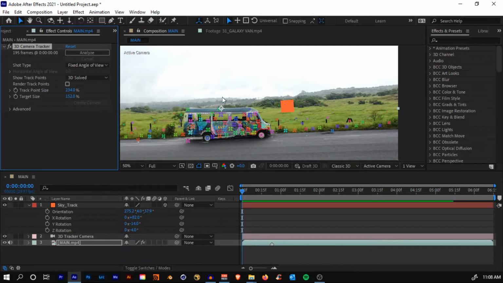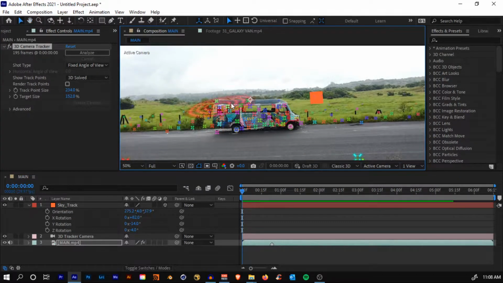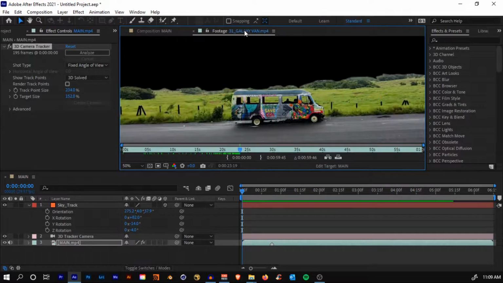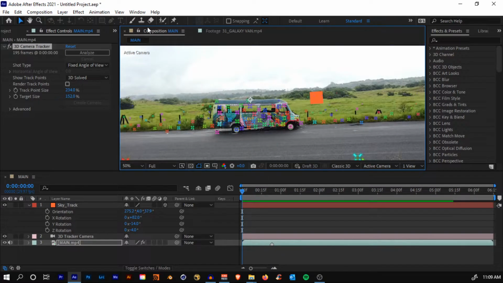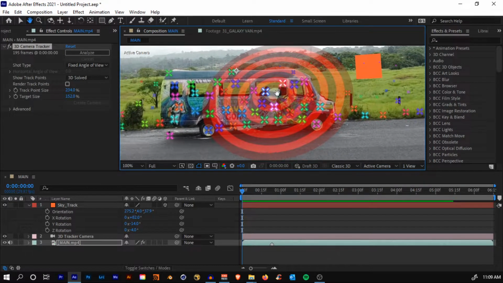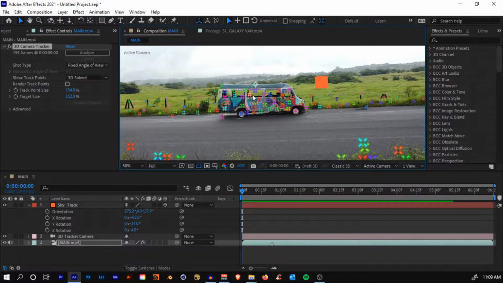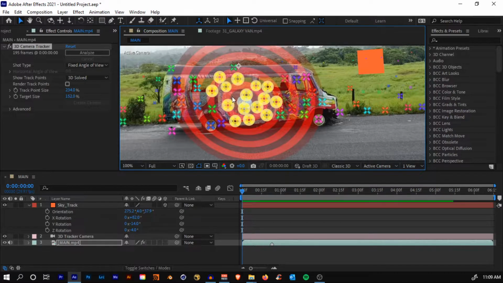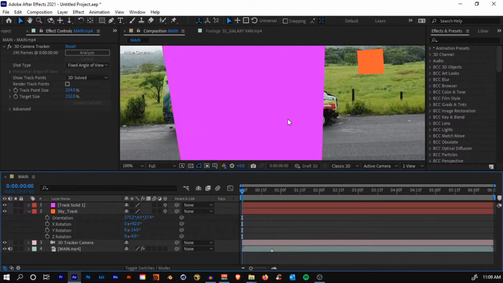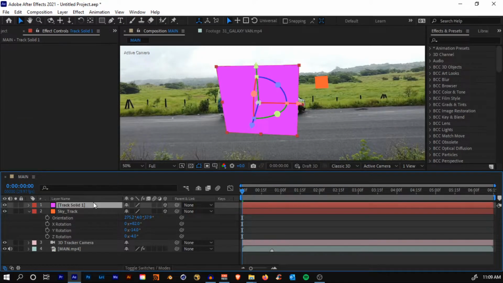Okay, and now what we'll do is, again, select the main footage, come to the effects control panel, and select the 3D camera tracker until you see these points. We'll set up one more tracking solid onto the bus, because later on we are going to put these windows too, so we need to have a tracking point there. So just select a bunch of points like that, right click, create solid, and align this one too.